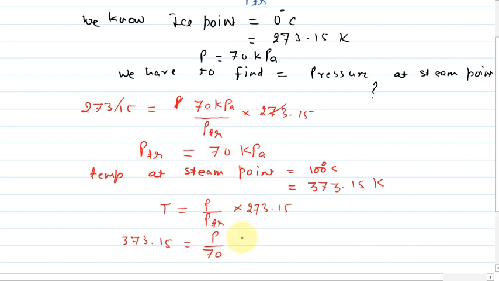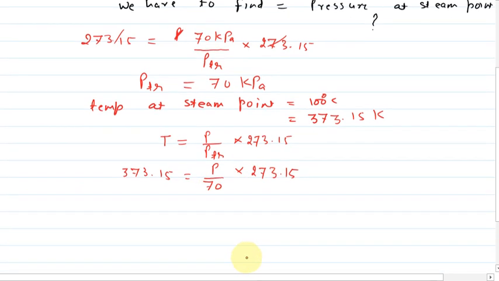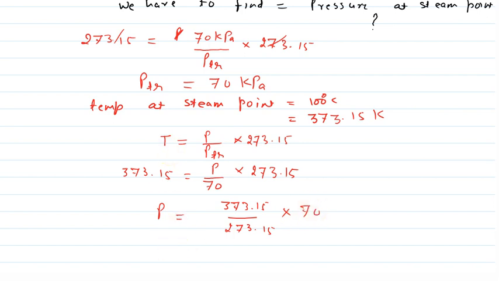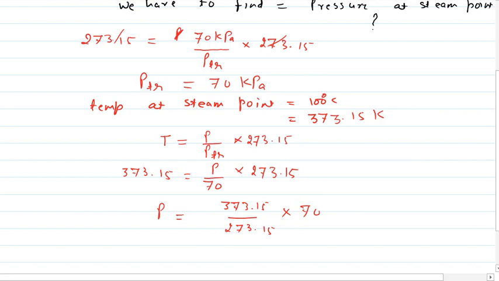Put this value here, and here is the triple point temperature of water. And after solving, P will be equal to 373.15 by 273.15 into 70, and after solving the answer will be near about 96 kilopascal. This will be your final